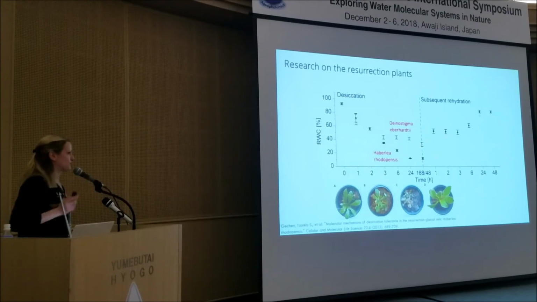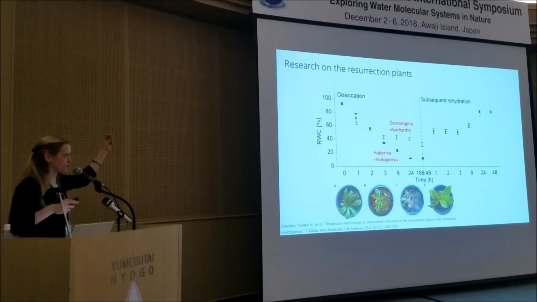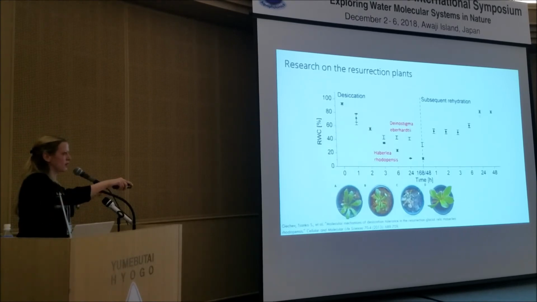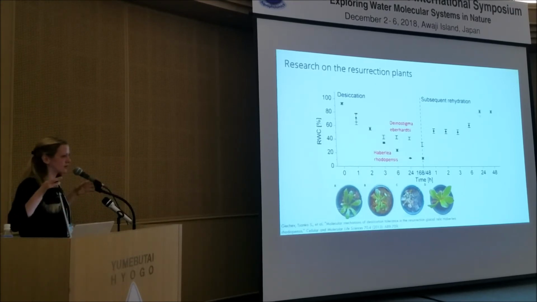remembered our previous research. Our previous research was concerned with establishing what is the difference in water in the leaves of the plants that can survive long periods without water, and the plants that cannot do that. So we investigated these plants, which are called resurrection plants, like Jesus. They can resurrect, so they die without water. They look completely dry, and then you give them water, and within hours they're all fresh and living and happy